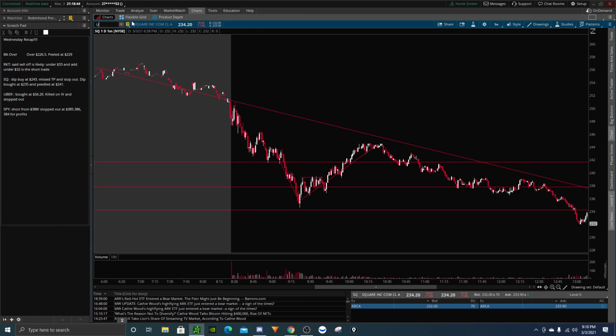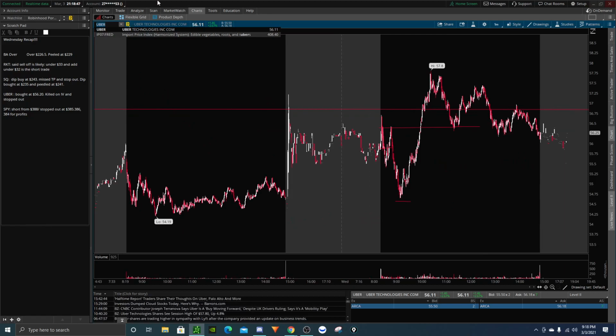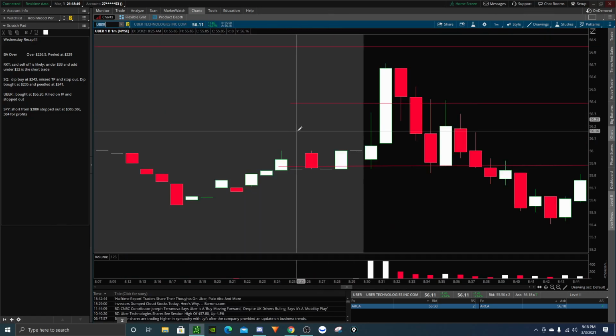Let's talk about Uber. I said Uber I like really on pre-market. Right over 56.20. Boom, we take this nice good long trade on Uber over 56. We add over 56.30. Get this nice good push up. I got a little bit of an IV inflation, and I unfortunately had to stop out